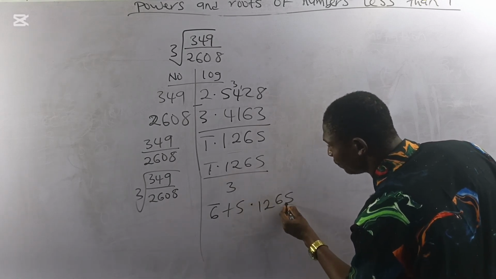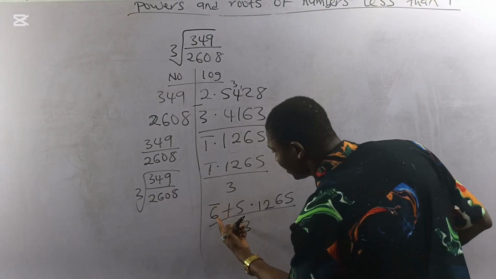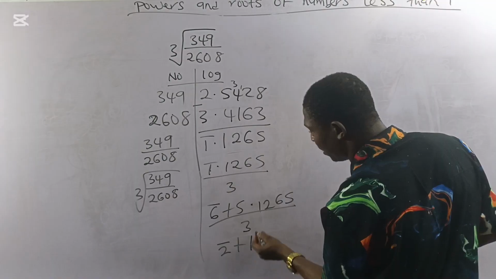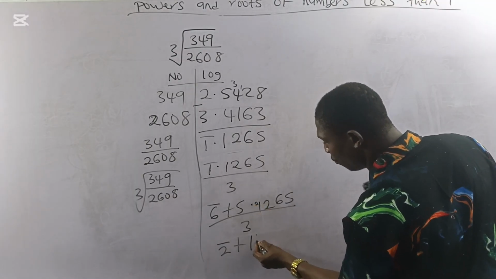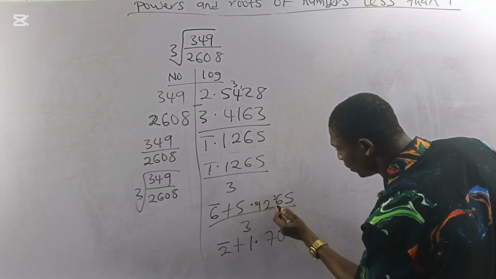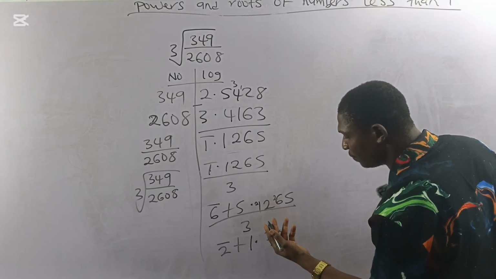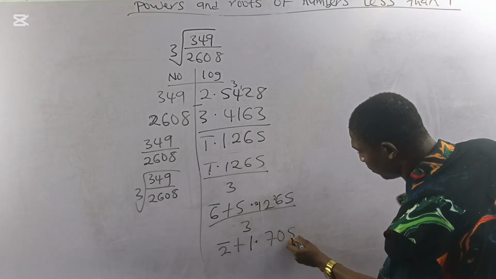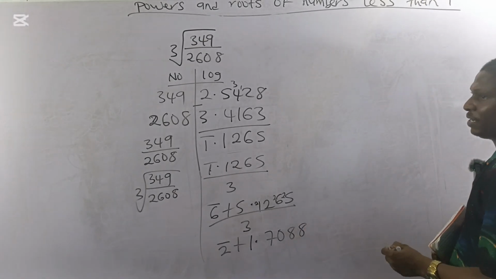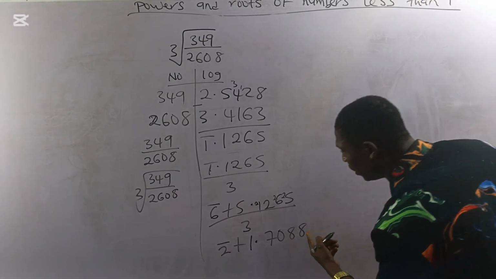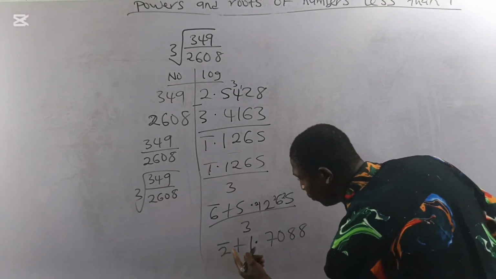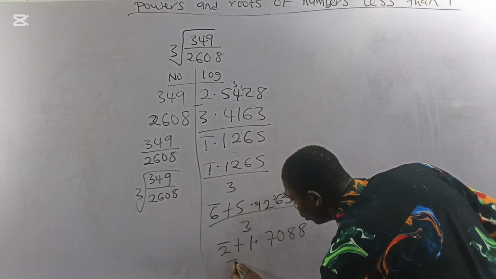And I'll have point 1265 all over 3. Bar 6 divided by 3 will give me bar 2. Plus 5 divided by 3 is 1, remainder 2. Into 21 will give me what? I'll put my point. I'll have 7. Into 20, 6. Into 26, 8, remainder 2. And into 25, 8 also. Remainder 1. So we'll leave it that way. Now, bar 2 plus 1 will give me bar 1, because bar 2 means minus 2 plus 1, which is minus 1. So we have bar 1,